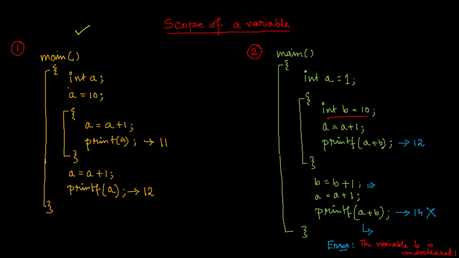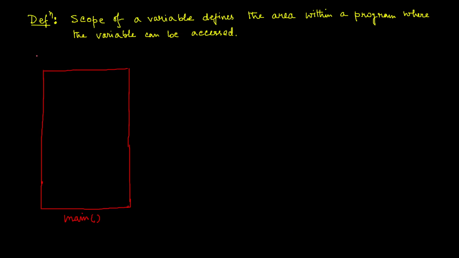Now you see another interesting thing. Always remember that each opening bracket and its corresponding closing bracket in a program makes the boundary of the memory space allocated for that part. You can imagine that the opening and closing brace of main is basically the boundary of this main function.